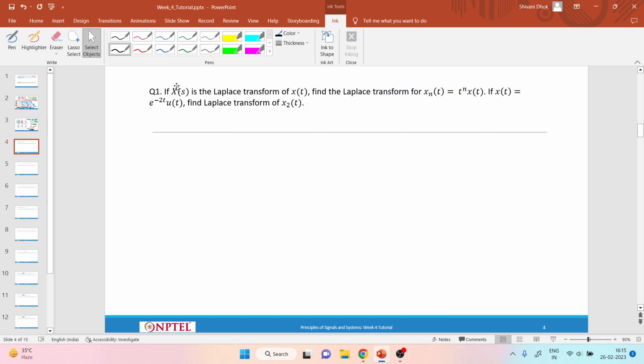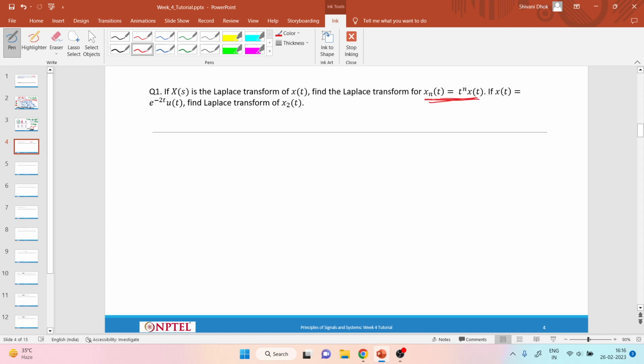So in this week we'll use the basic definition of the Laplace transform, along with the properties of the Laplace transform, and we'll see that these properties help us a lot in simplifying or in finding the Laplace transform of related signals. So for that, let us take one simple example. Suppose I have this signal